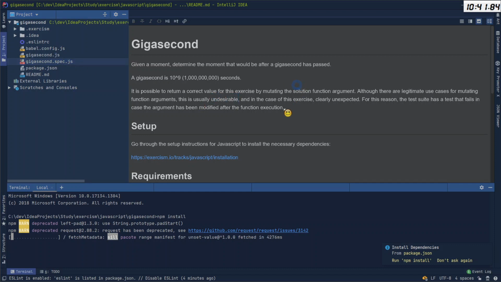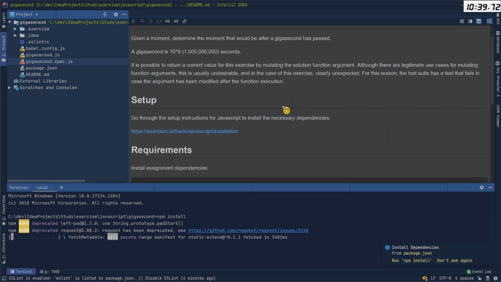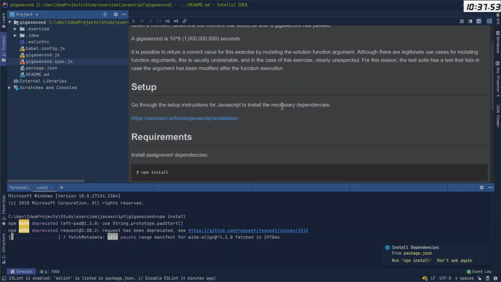Okay, so it's possible to return the correct value for this exercise by mutating the solution function argument, although there are legitimate use cases for mutating function arguments. This is usually undesirable, and in the case of this exercise, clearly unexpected.